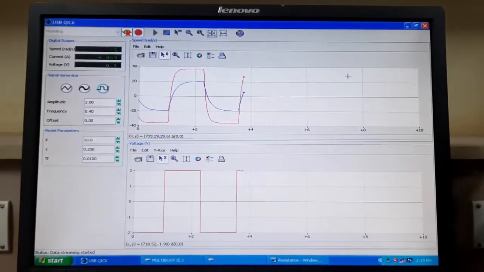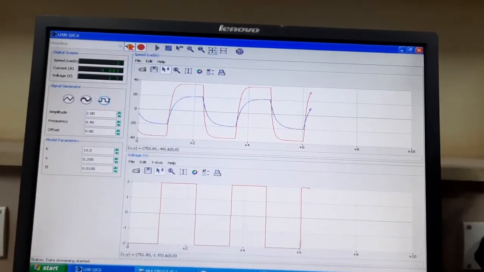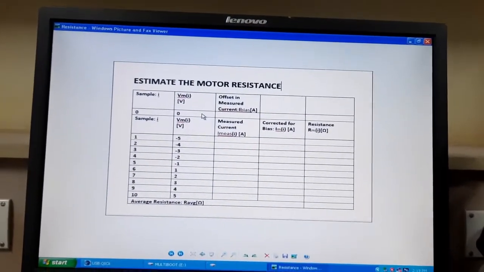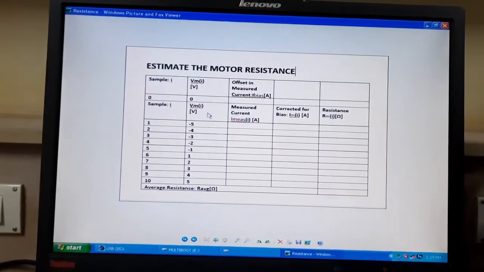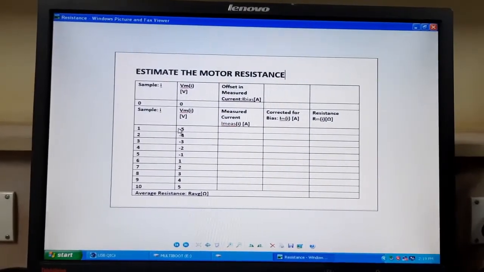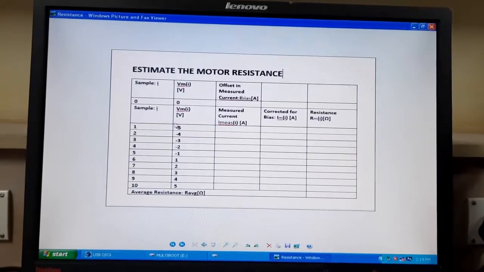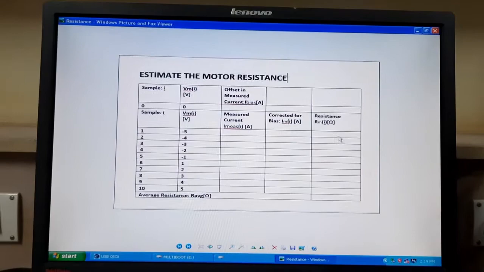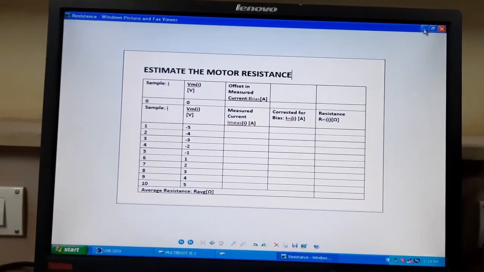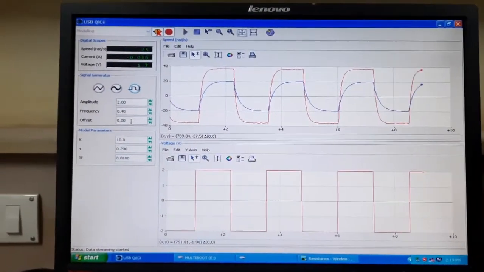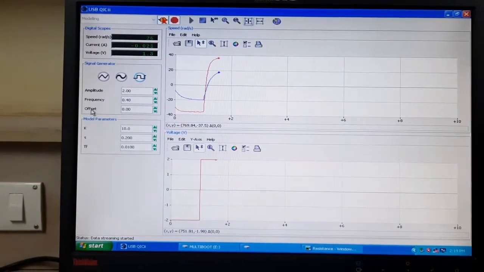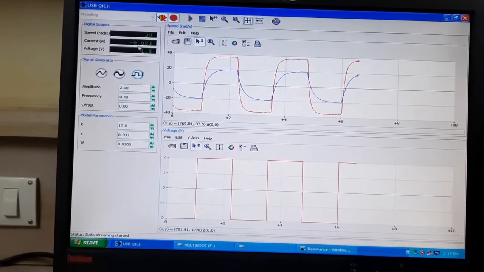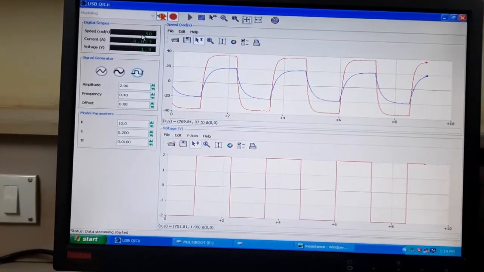Now we will do our modeling part. In the modeling part, first we will estimate the motor resistance. For that we have to apply offset values from -5 to 5, and we have to measure the current and find out the resistance. Here we can see we have to apply the offset value and measure the current and speed.